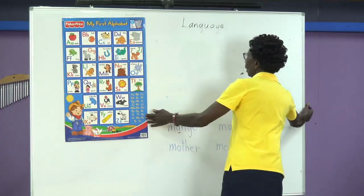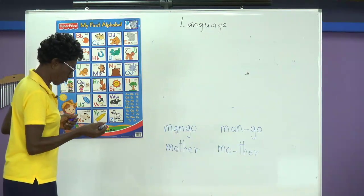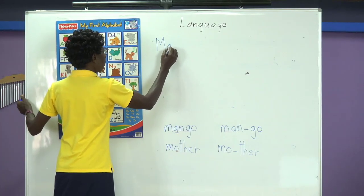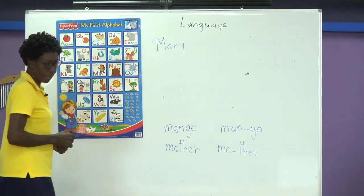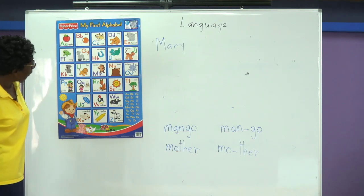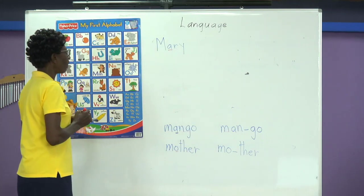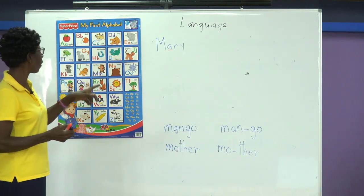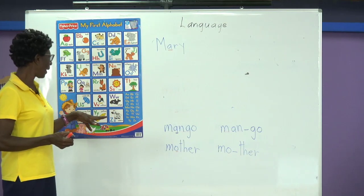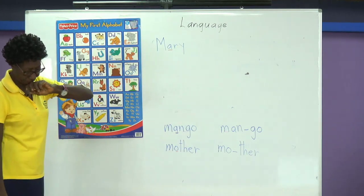Remember I told you that we are doing a number of lessons in this one, and I want to write a word on the board, and I want to remind you of something. Look at this word and tell me if you remember. Anybody knows that word? All right. What do we have here? We have a vowel. Do you remember what we said about the vowels when we get to I? What it said about the Y? The Y sometimes sounds like I. What word is this? The word is